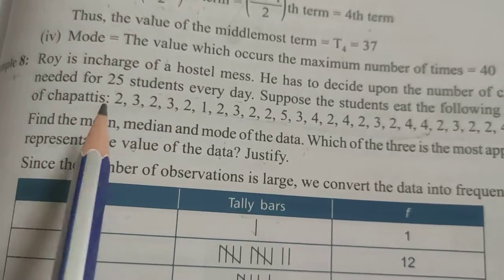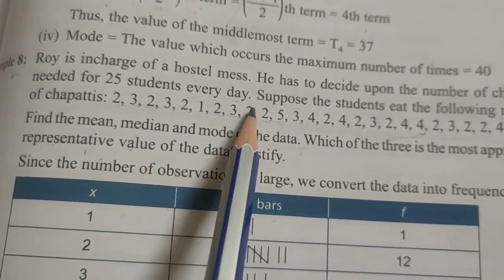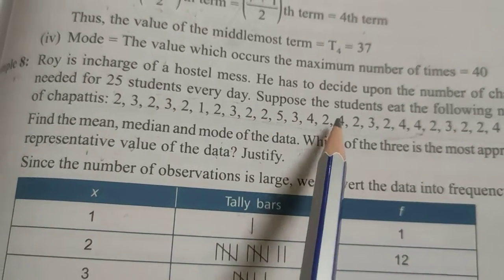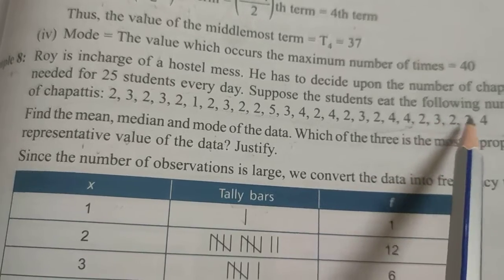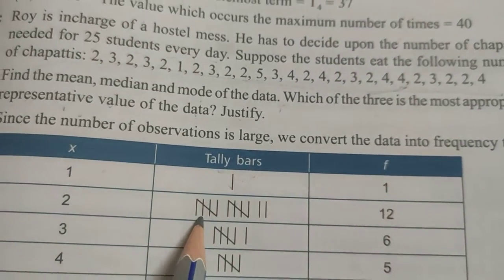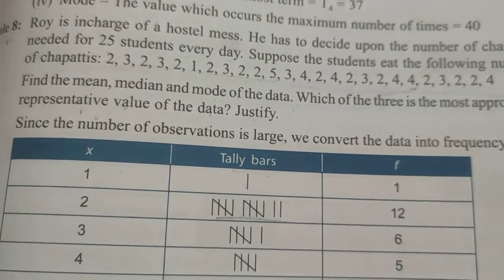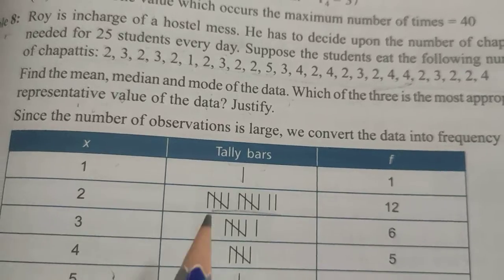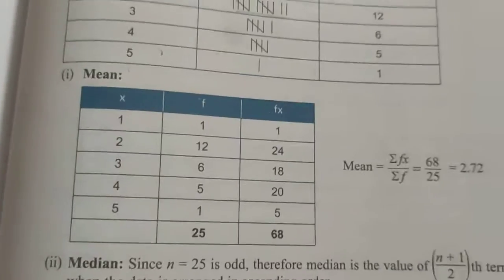Now 2 chapatis. See 1, 2, 3, 4, 5, 6, 7, 8, 9, 10, 11, 12. 12 of them are eating 2 chapatis. So mark it like this, then write it like this. So this will be the frequency table, and now based on this we will be finding out the mean, median and mode. So mean we know